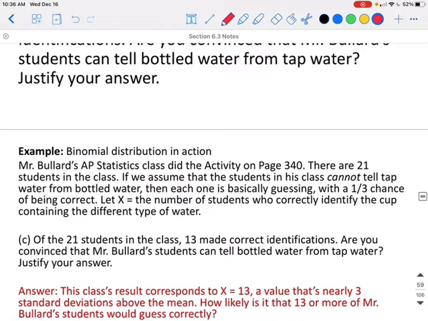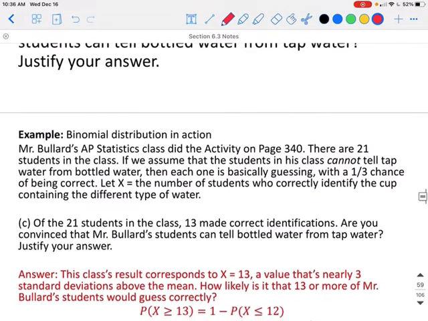So this class's results correspond to x equals 13, a value that's nearly 3 standard deviations above the mean. How likely is it 13 or more of Mr. Ballard's students would guess correctly? So we're finding the probability that x is greater than or equal to 13. Another way to find that is just to do 1 minus the probability that it's less than or equal